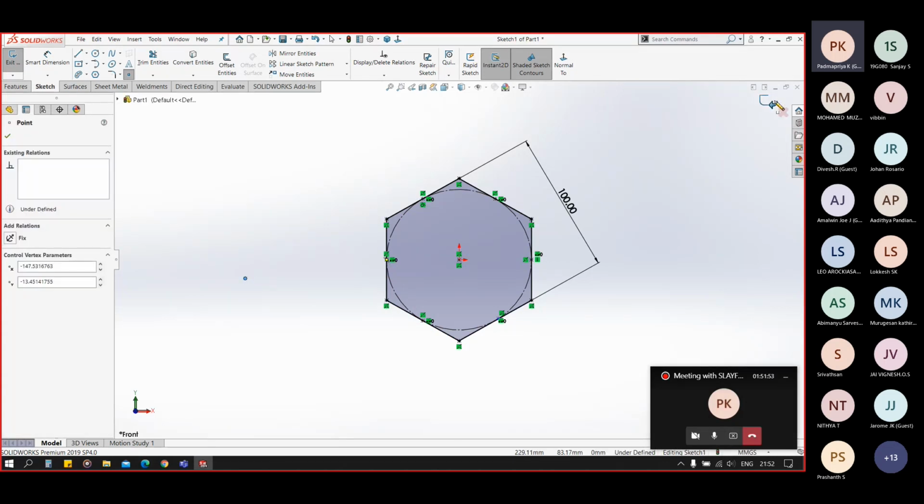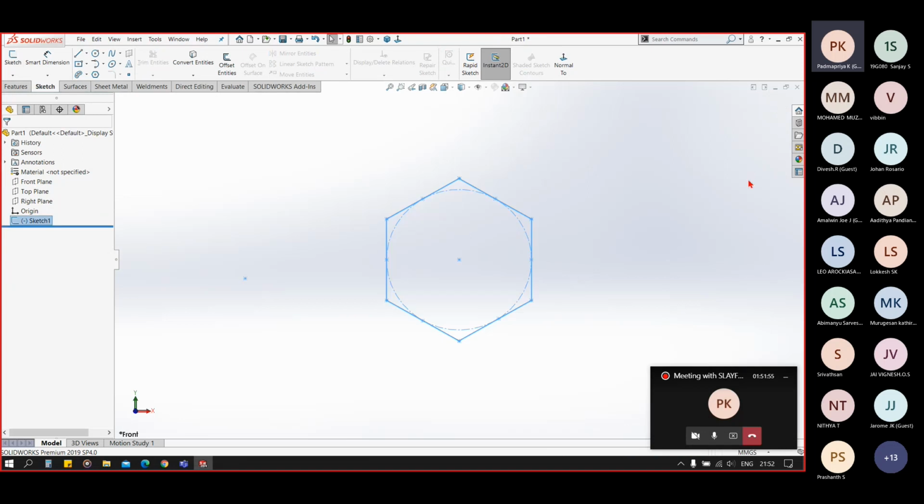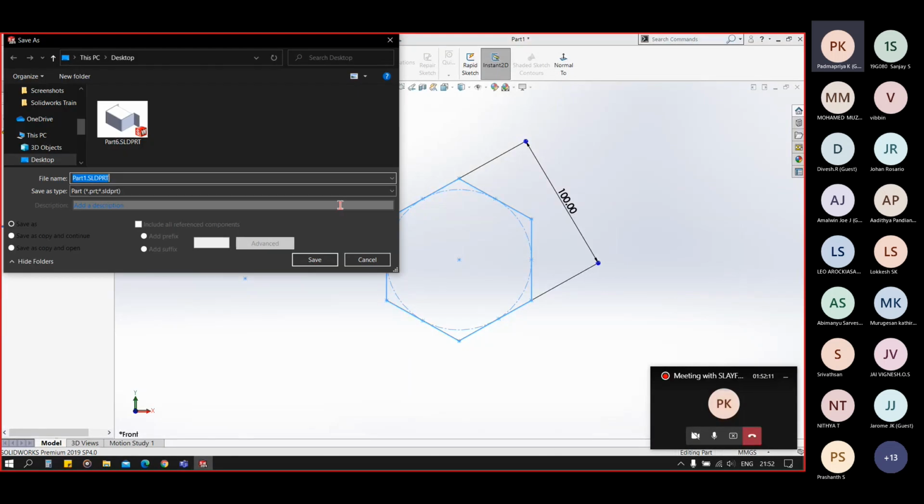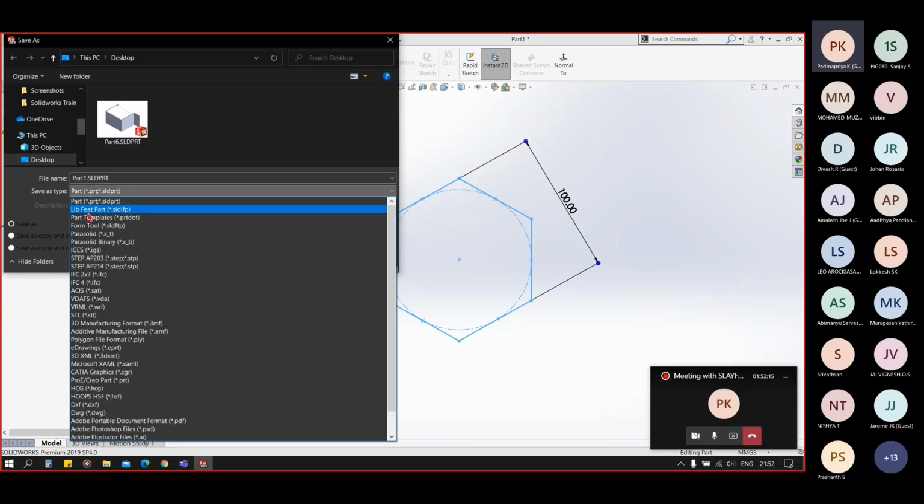Now you exit the sketch and you have to select the sketch from the feature manager and click on save as. So in the save as menu, you can see the second option, library feature part.